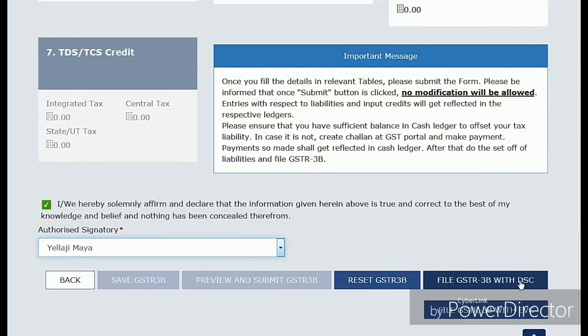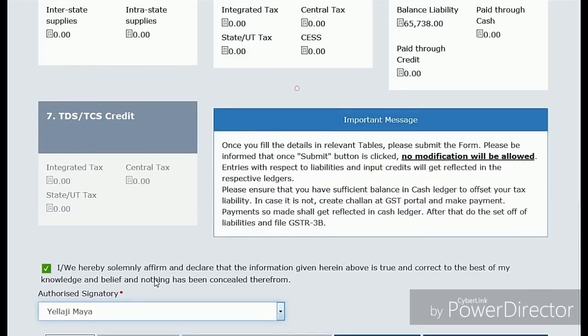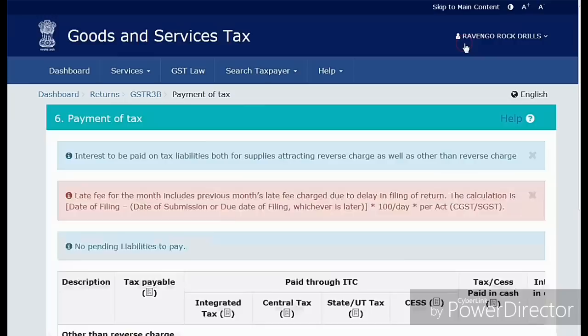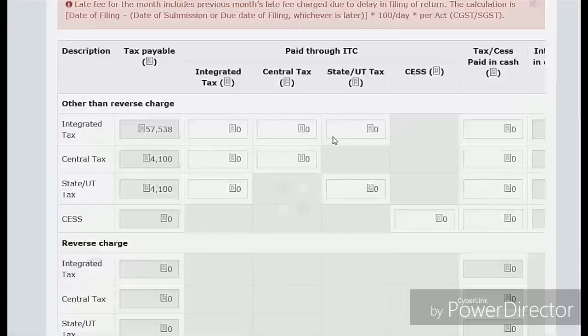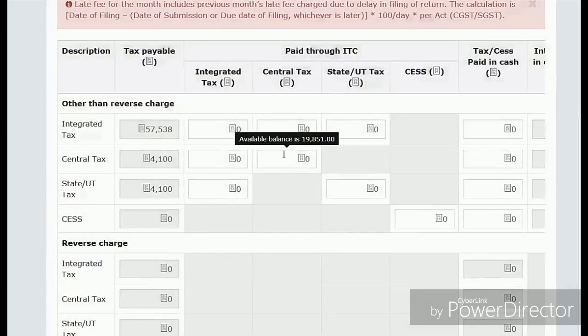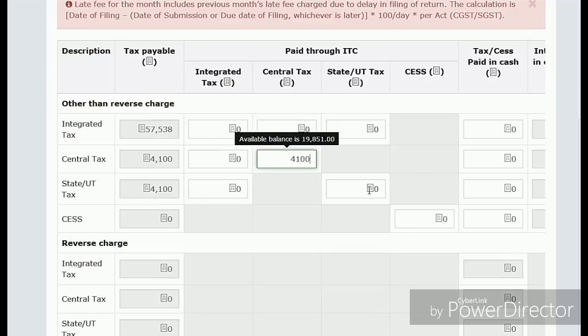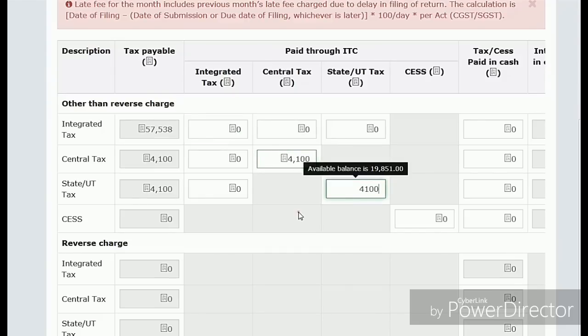Before you file your return, first of all you need to offset the liability. If there is no liability to pay, just click on your authorized signature and file the return, or else you can offset before filing. We need to offset the liability. So here I'm showing you how to adjust the credit. Look here, before it was showing 15,538 as a liability. In the central I have some ITC also. So the values I modified right now are displayed here.